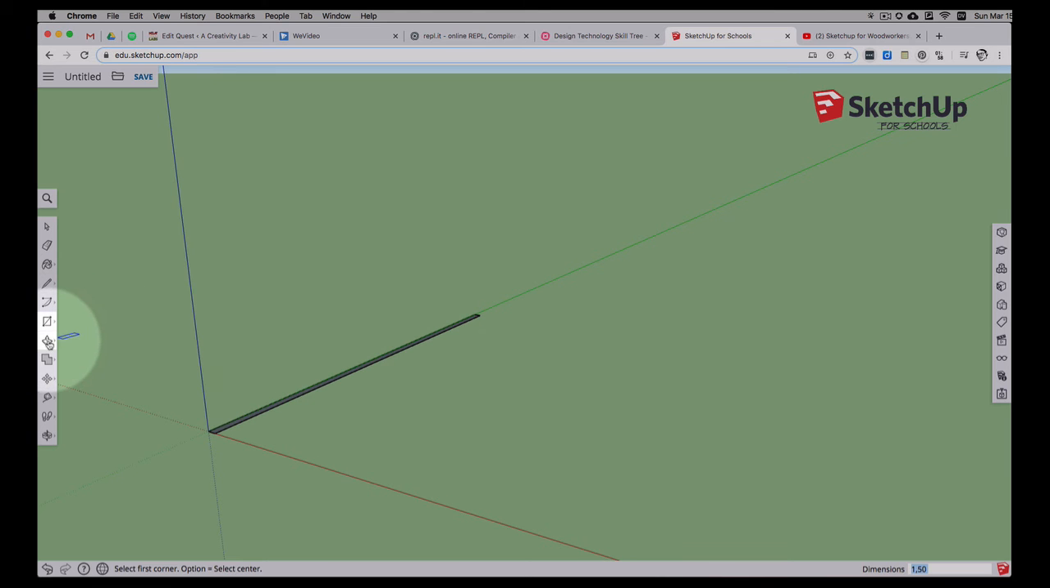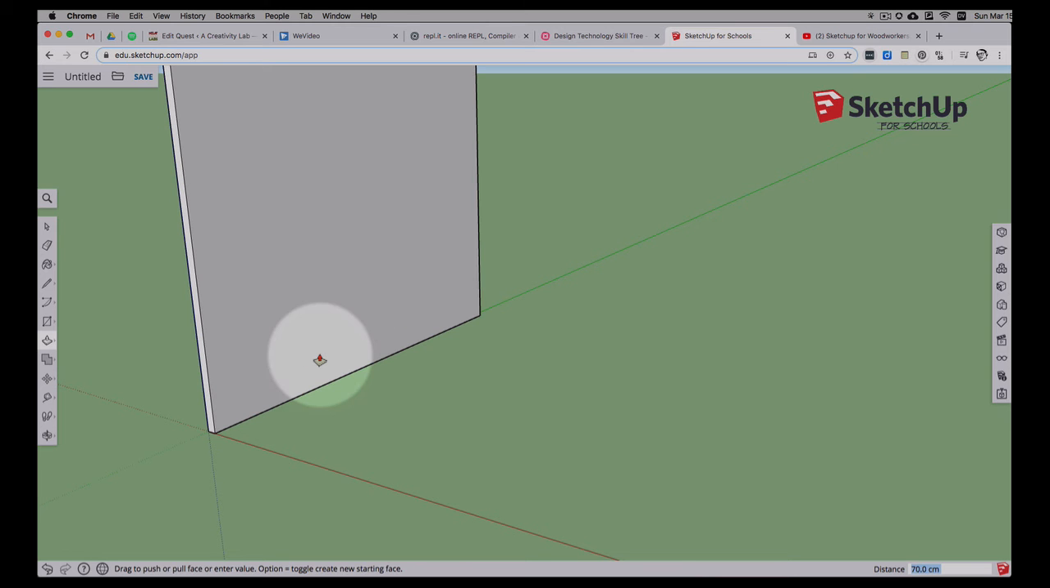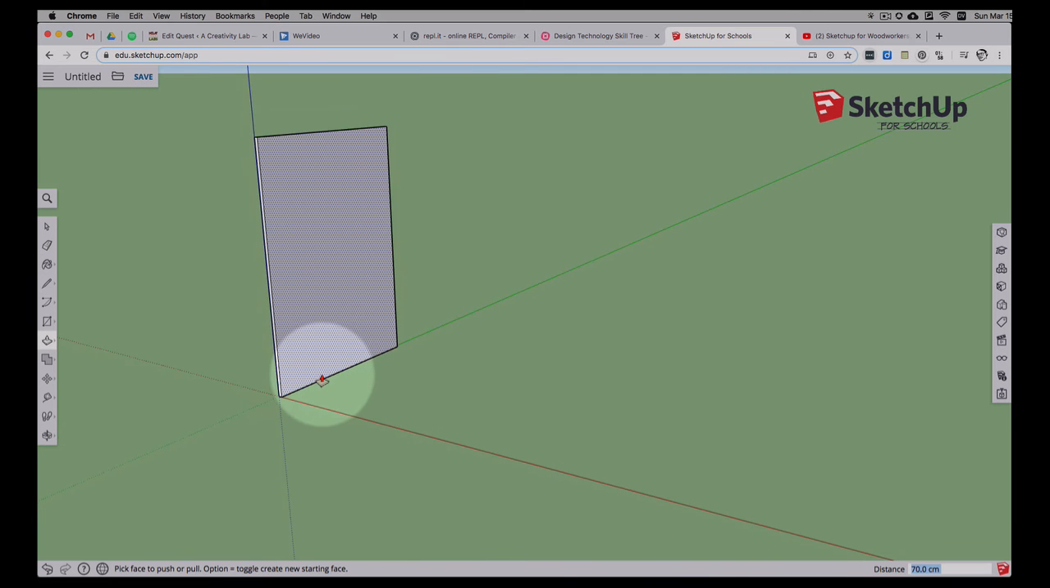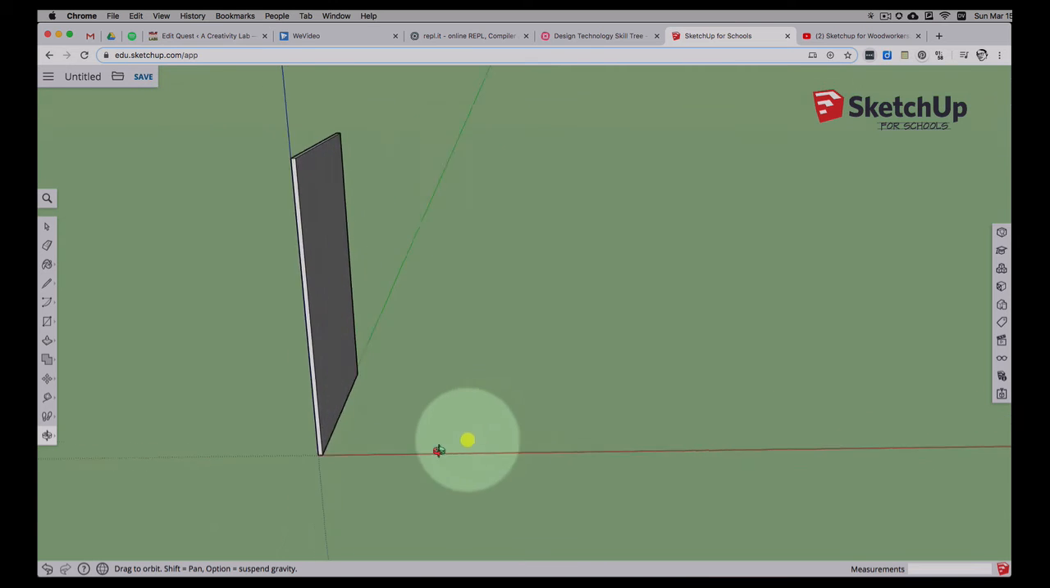And now I can do the same thing with a push-pull. So if I go down here to click it and pull it up, I can tell it exactly how high I want that to be. Maybe I want this one to be 70 centimeters tall. And now I have my board. Perfectly positioned,